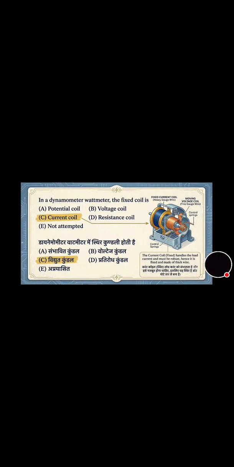इन ए डायनमोमीटर द फिक्स्ड कॉइल इज पोटेंशियल कॉइल, वोल्टेज कॉइल, करंट कॉइल, रेजिस्टेंस कॉइल। तो इसके अंदर फिक्स्ड कॉइल होती है ऑप्शन सी, दैट इज करंट कॉइल। अब मूव करते हैं हम सोलर सेल के क्वेश्चन पे। ए डिवाइस दैट कन्वर्ट्स ऑप्टिकल एनर्जी इनटू इलेक्ट्रिकल एनर्जी इज ए सोलर सेल। इसका करेक्ट आंसर है ऑप्शन बी, बिल्कुल सही।